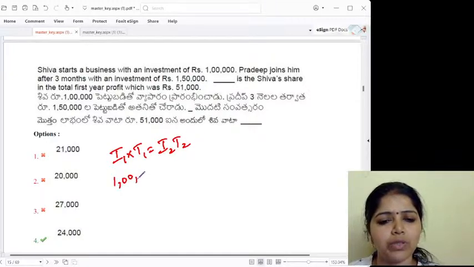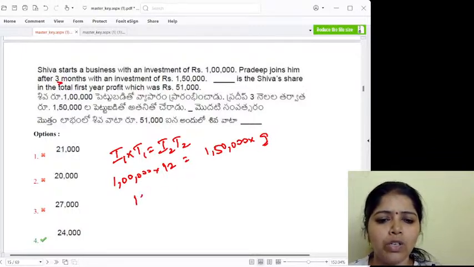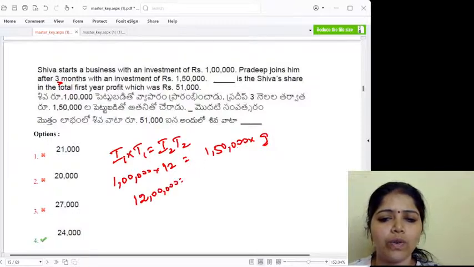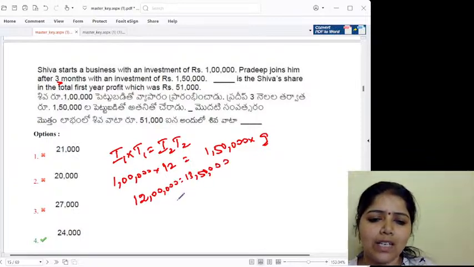Here the investment of the first person is 1 lakh, and the time is 12, since he invested for 1 year. The second person invested 1,50,000 for 9 months, meaning he entered after 3 months. So 12 lakhs, and when I multiply this, it gives me 13,50,000. When I cancel it out, I'll be getting